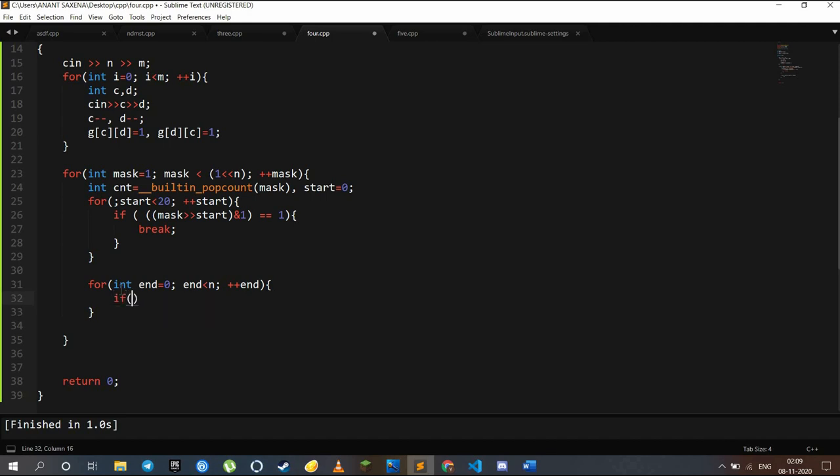So first of all, we'll take care of a very base case. If the count is 1 and end equals start, we're talking about an arc that is one vertex long. It only involves one vertex and the starting point and ending point is the same. So of course that will exist, so we can just set it equal to 1. In all other conditions, we will also have to make sure that the number of vertices is now more than 1